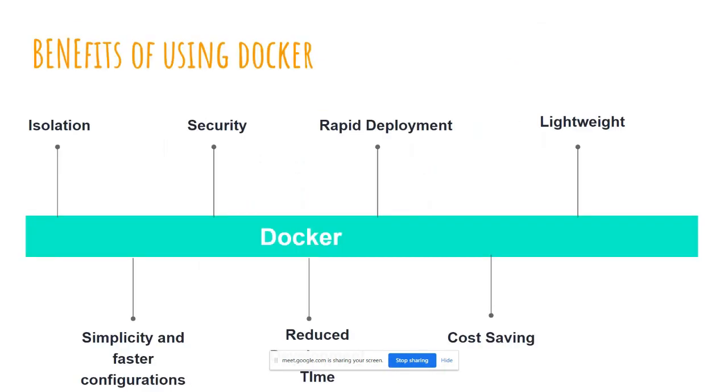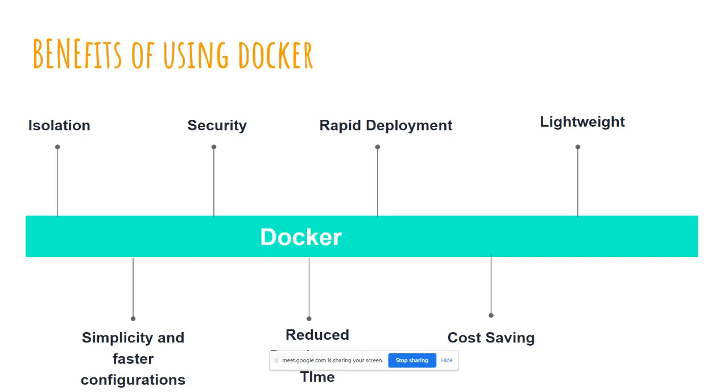So these are some benefits of using Docker. That is isolation, which I spoke about earlier: entire packages and whatever versions are isolated from each other. And security, because you don't have direct access to the containers. I'll tell you how to access them. Whoever developed or is in touch with that application can only access those containers.